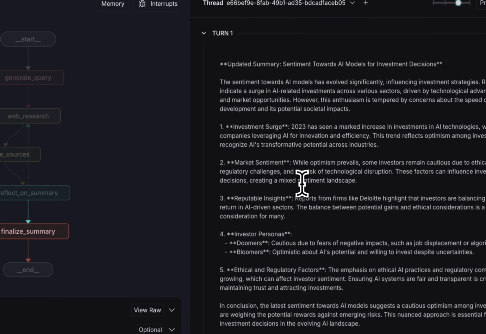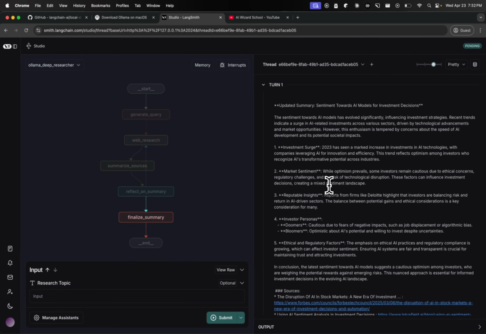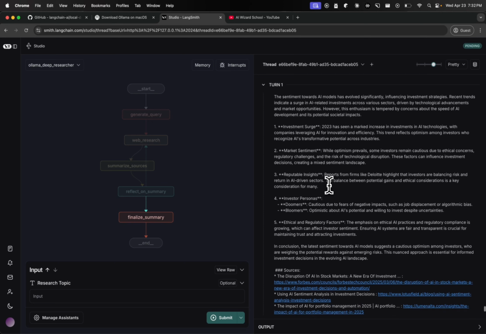And at the end, as you can see, it provided all of the information that I wanted to know about. It gave me the conclusion, it gave me the summary, the market sentiment, which overall suggests that currently it's cautious